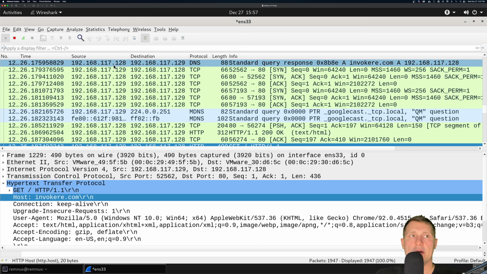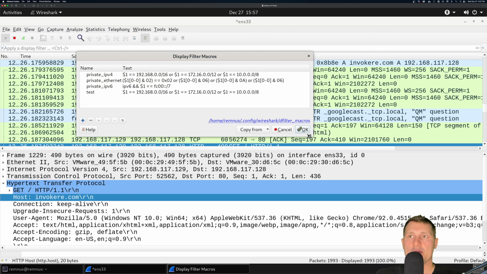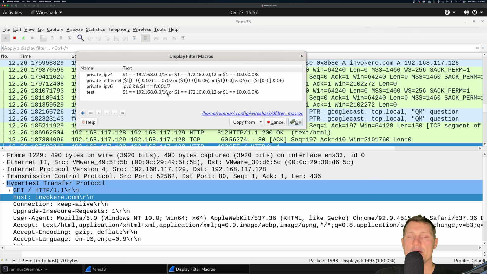And the next type of display filters are macros. So if we click on Analyze and then Display Filter Macros, this gives us more flexibility compared to those specific values, and the ability to negate them or include them. So here we have the ability to use macros to specify ranges of values, for example. So in this case, we have the private IPv4 display macro, which has this variable $1,